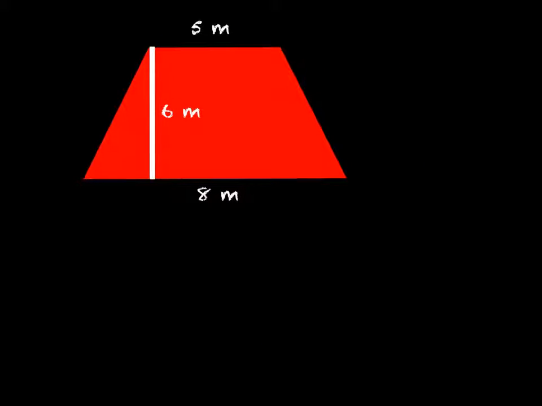So let's see what that looks like without the added trapezoid and without the added crutch of using the parallelogram. Let's just use my trapezoid here. So in this case, I have a very clear width, 6 meters, and I've got a very clear couple of bases, one that's 8 meters and one that's 5 meters. So what I have to visualize in my mind, and I'll draw it in here very crudely, is that